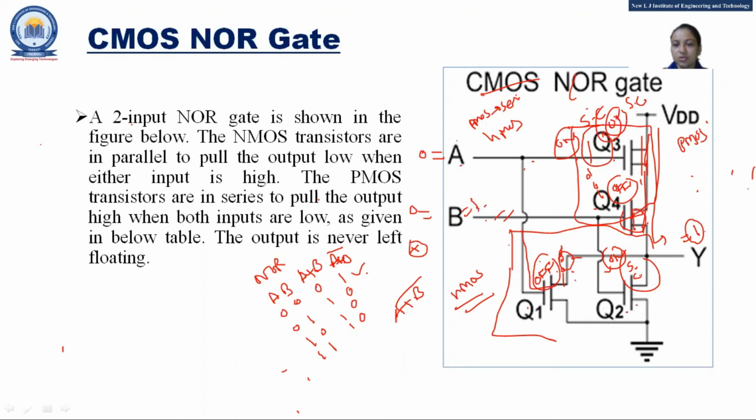Now the Q2 is short circuit, but it is grounded, so whatever the logic comes, that appears as the output. So we get the output as 0. So here Q3 is on, but here Q4 is off, so no current flows. Now here A is connected with the Q1, but Q1 is off,